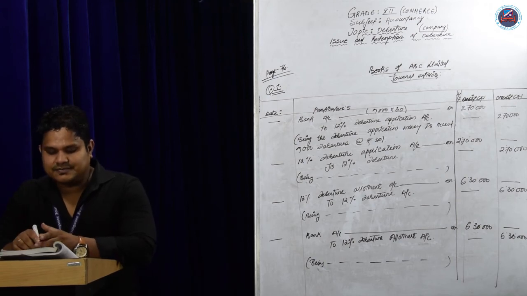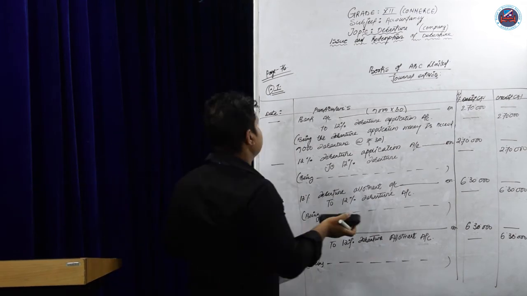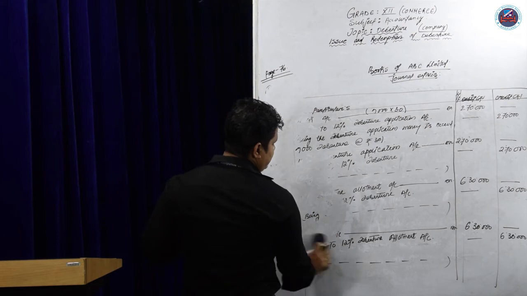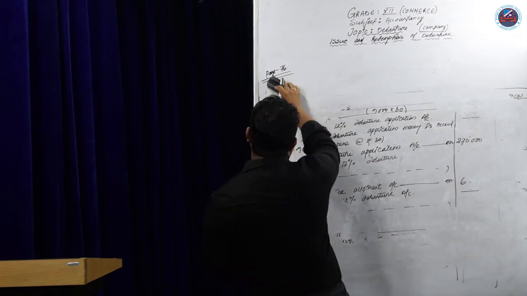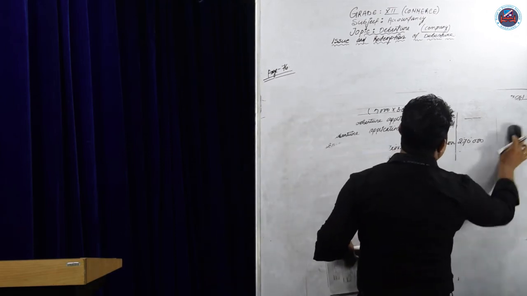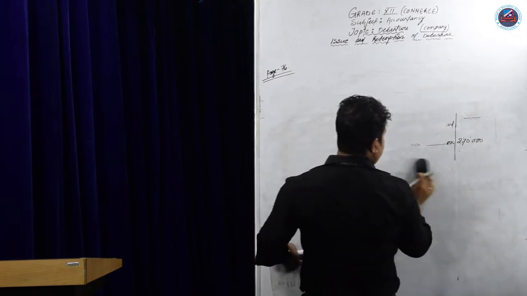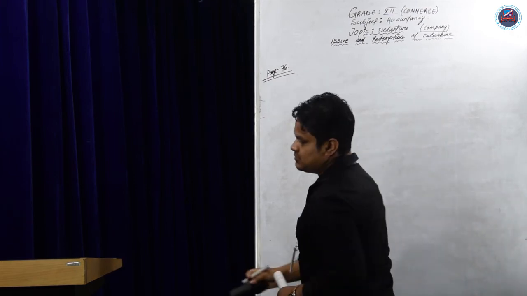So in the balance sheet, what will we do? Make the balance sheet format also for this question. For this question, you are asked to do the balance sheet also. If the balance sheet is asked in the exam, how to do it? Normally they are not asking for the balance sheet, but still you should learn. So how will we do the balance sheet?